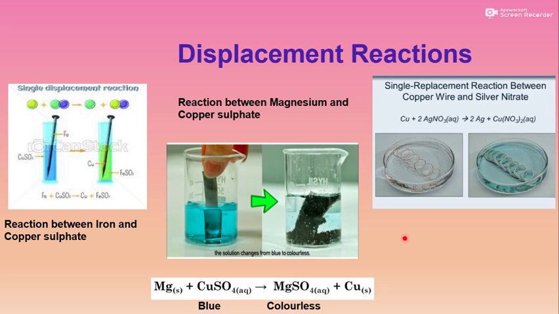So I means iron, L means lead, C means copper, S means silver, G means gold, and P means platinum. So it is an easy way to remember the elements in the series. This one is your reactivity series. I think it will be interesting to understand and to learn also. Let's move to the next one.